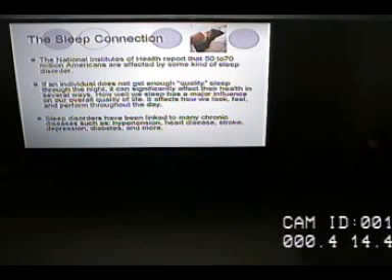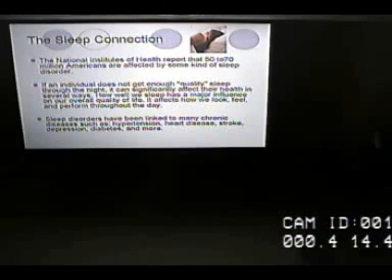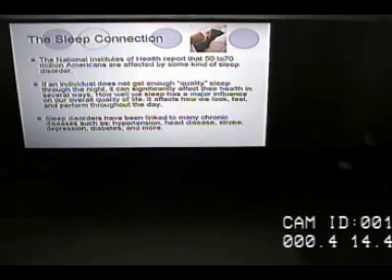The sleep connection. Sleep is very, very important. If we don't get enough sleep, how do you feel typically in the morning when you wake up? You're going to eat the best breakfast in the world when you feel terrible? Typically you go for what? Coffee and a donut, which is carbohydrates and sugar. And then you go up, and then what happens? Crash. And then you go for a bagel, you go up, and then you crash, okay? I've been there too myself.